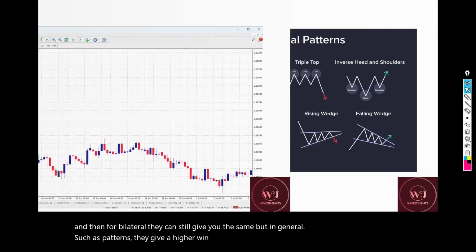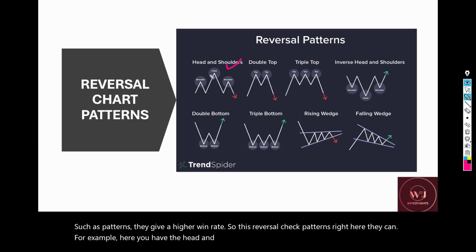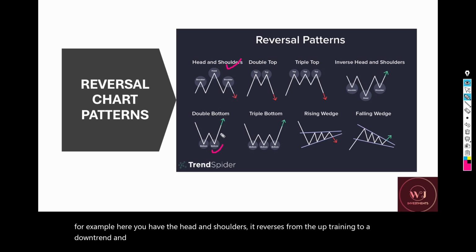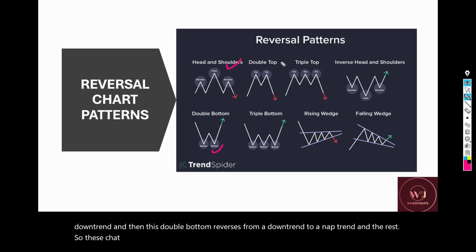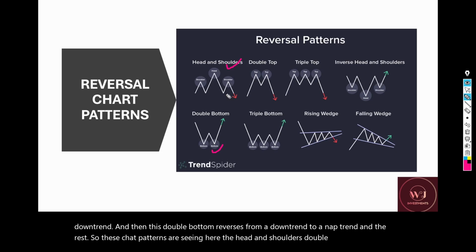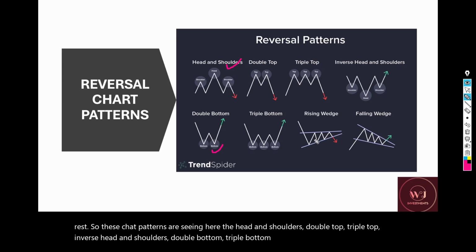So these reversal chart patterns right here, for example, here you have the head and shoulders. It reverses from the uptrend into a downtrend. And then this double bottom reverses from a downtrend to an uptrend, and the rest. So these chart patterns you're seeing here: the head and shoulders, double top, triple top, inverse head and shoulders, double bottom, triple bottom, rising wedge and falling wedge. They normally give us